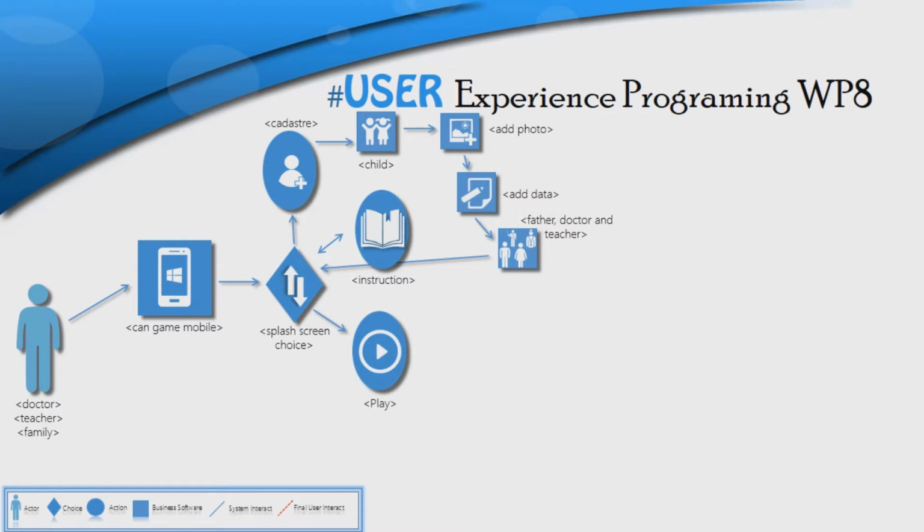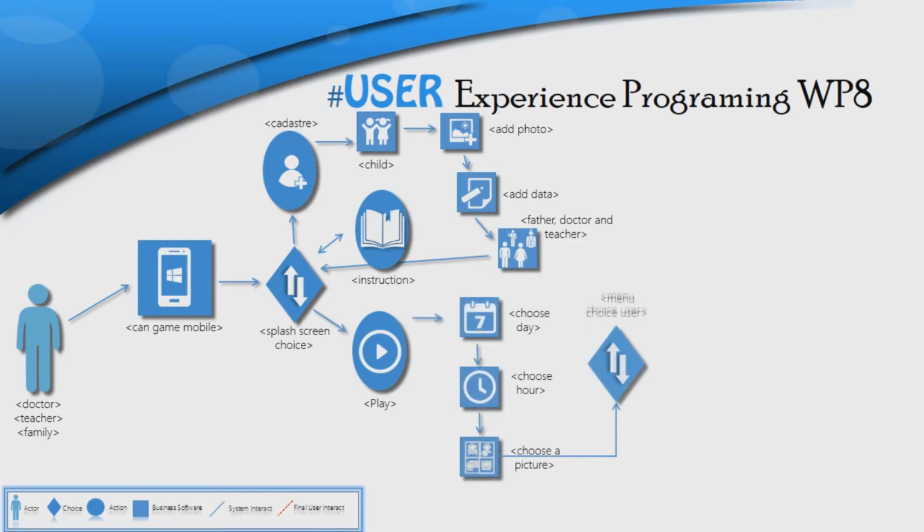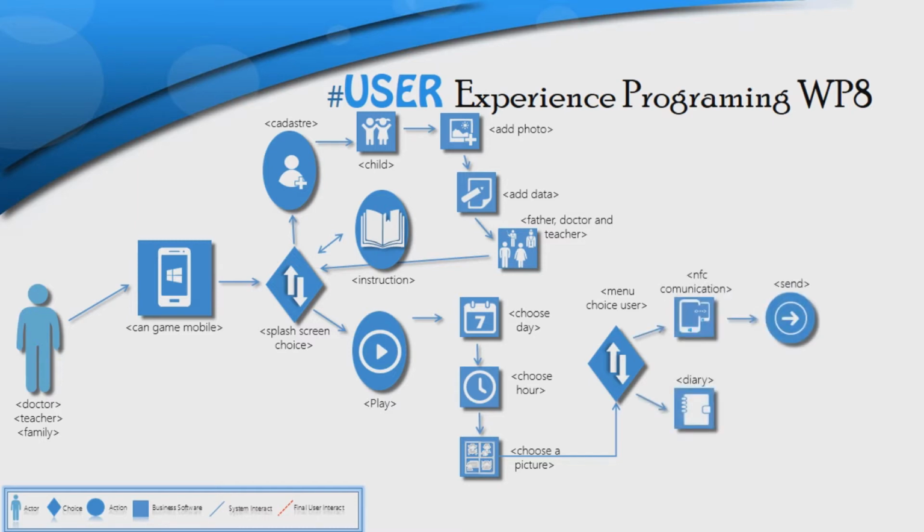The process begins by choosing the day, then the time, and lastly the packs. The next step is choosing the menu. On the menu, it will be sent to another mobile phone or used on the same mobile phone. If sent to another cell phone through NFC communication, it is done and the King Game will be read. If opted for this cell phone, just hand it to the child, who will interact with the system